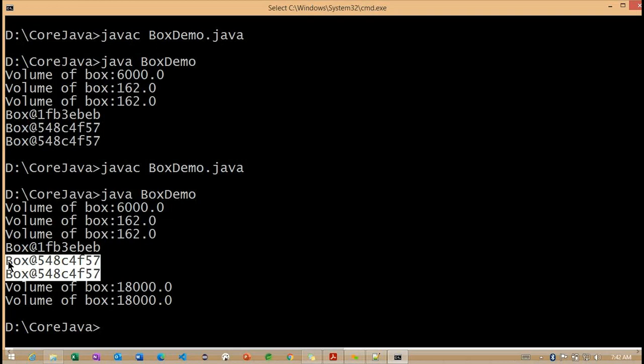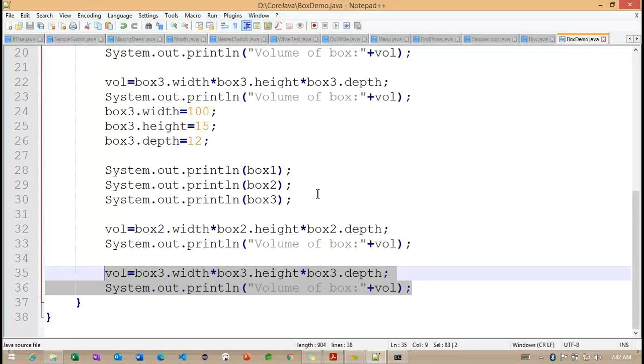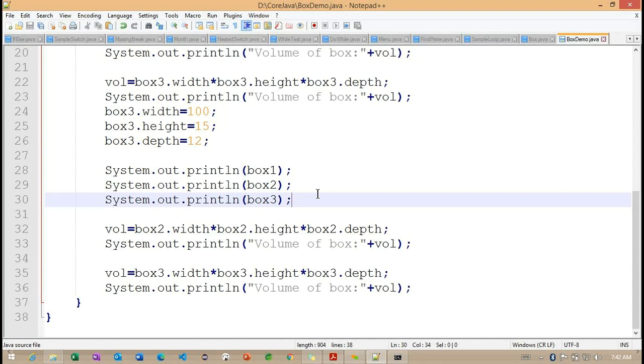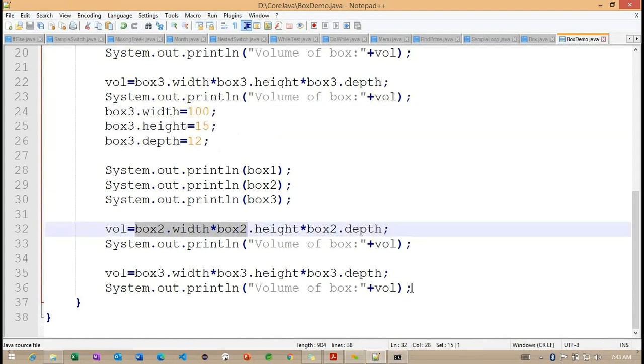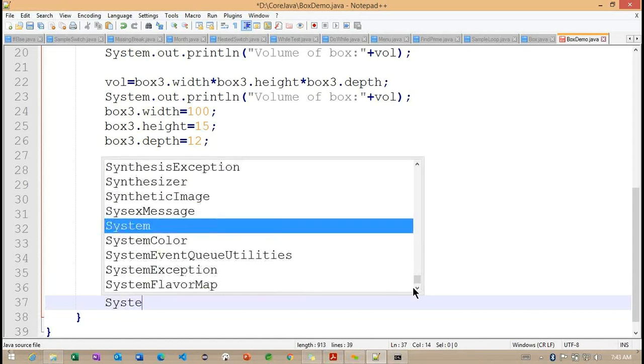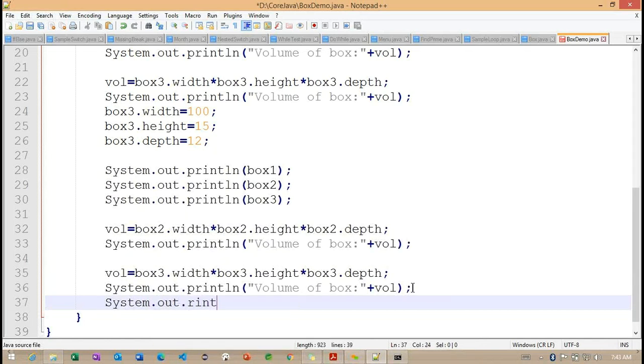The only difference is if I use the new keyword, we may get a different reference. When we get a different reference, the object has its own copy of the variable information. So this is all about object creation, initializing values and accessing those values. In this location we are initializing the value and in this location we are accessing the value.